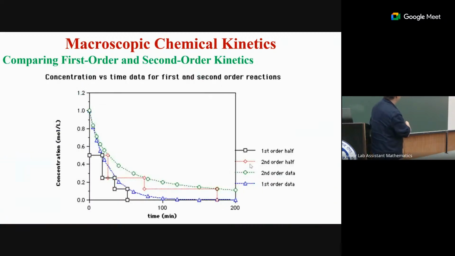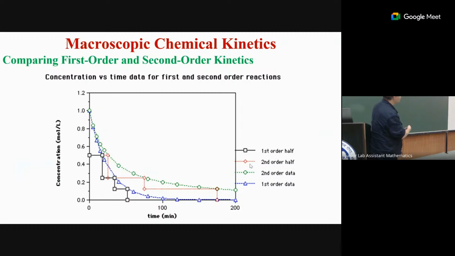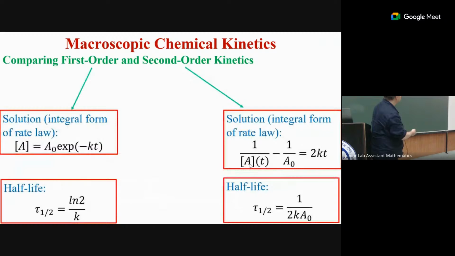So if it's first order, every time I go from a concentration to 50%, this is the time, and the time to 50% after this one, you see, it's always the same time. It's always the same time to go from 1 to 1/2 to 1/4 to 1/8, right? That's the first order reaction. But that's not the case for second order reaction. Look at the red one. This is the time to go to 1/2, then to go to 1/4 will be longer, and to go to 1/8 will be even longer, right? Because of this formula.